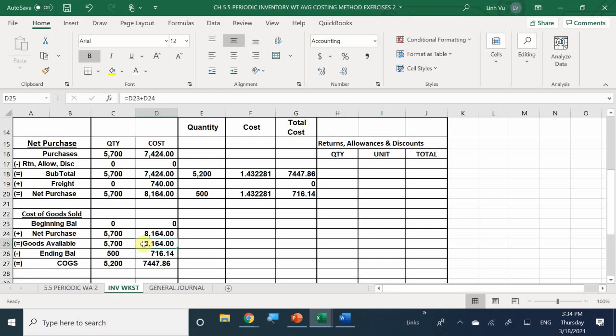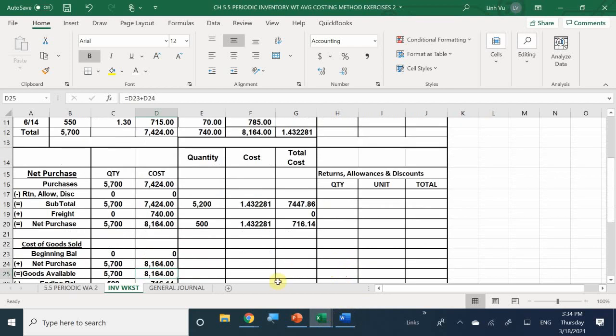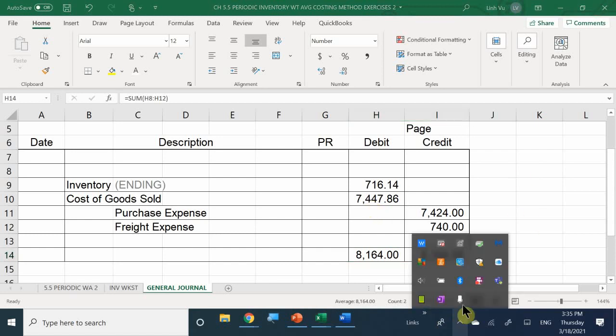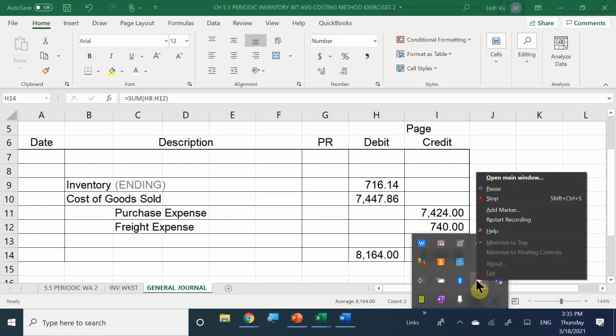Any questions in regards to weighted average? Can I see the journal again? Okay, yeah. Okay. So once again, if this is something that you want to keep practicing over and over again, the worksheets and the files are there for you to